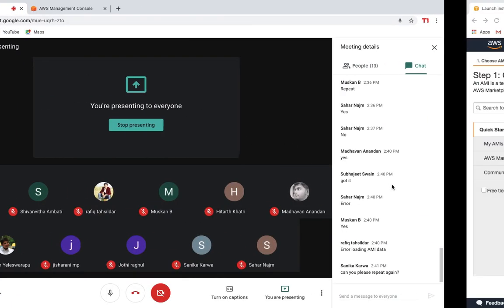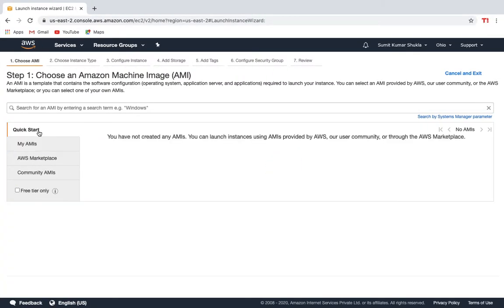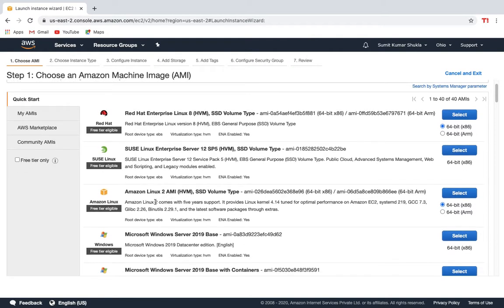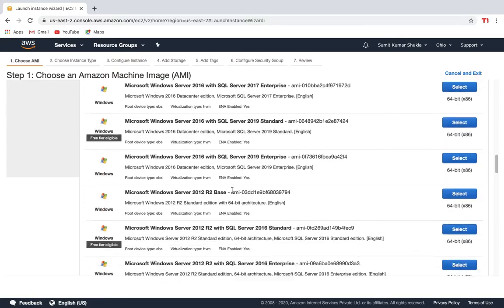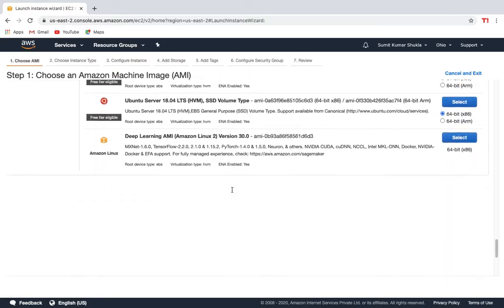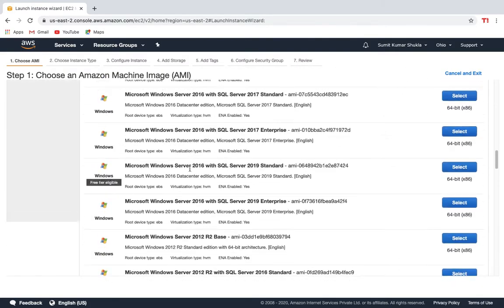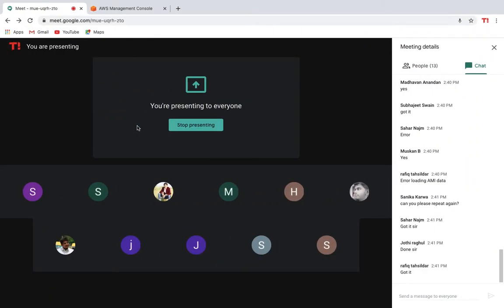Okay, you refresh it. If you don't get your AMI here, you can go to the Quick Start option. You can see you have Red Hat Enterprise, you have Amazon, you have Microsoft, everything you can get there. You can select any of the virtual machines, Ubuntu Server, and so on with Quick Start. That's all. Let me check your status. Got it, done. Sahar has done it, Rafiq has got it.